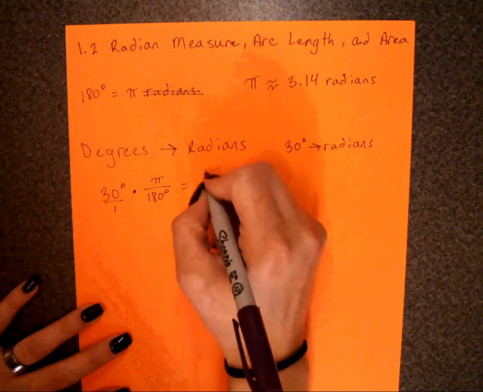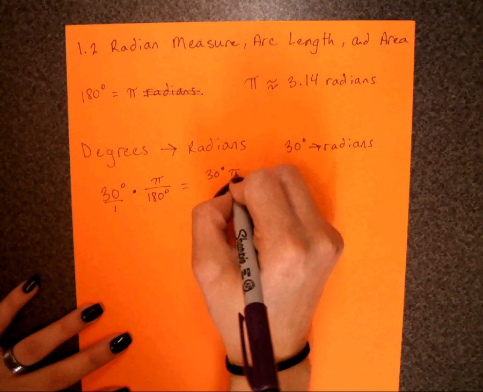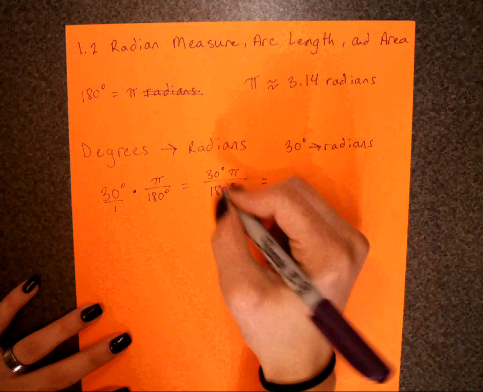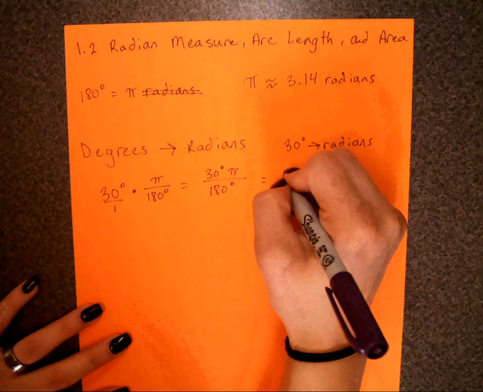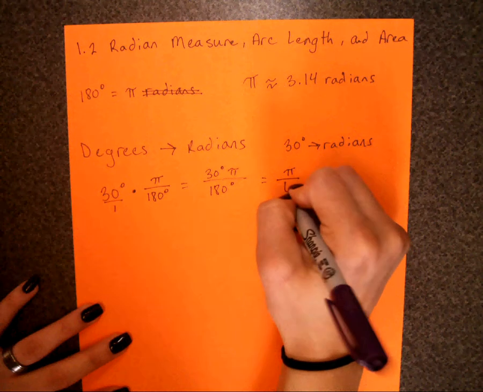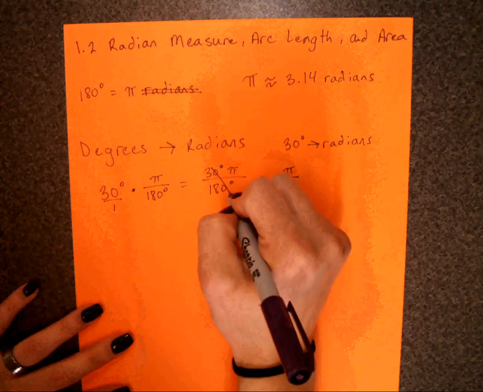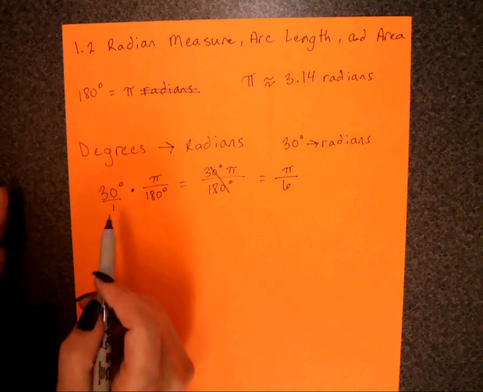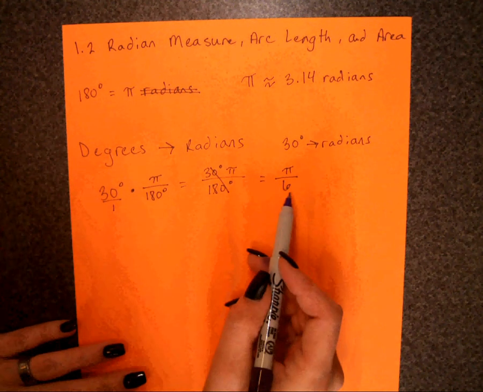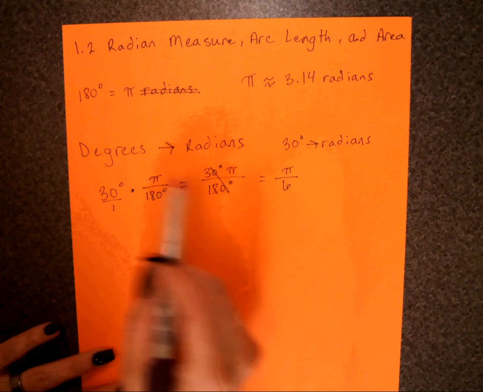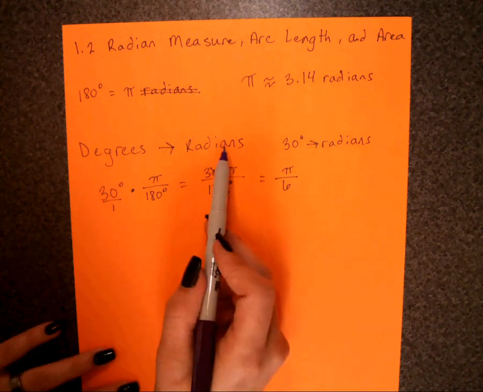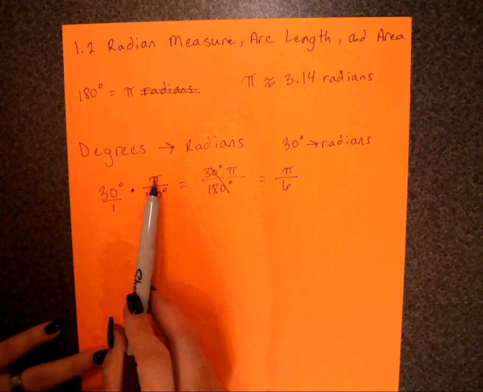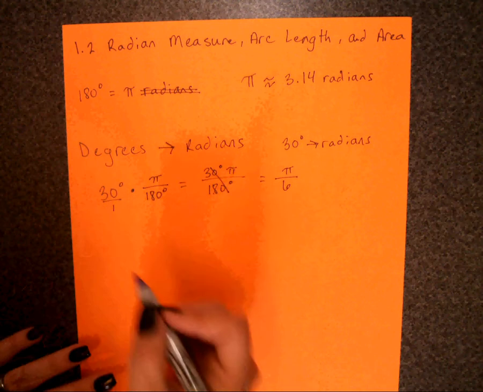I'm multiplying fractions, so straight across I get 30 degrees times pi over 180 degrees. Degrees cancel out. 30 over 180 simplifies. Pi stays on top, over 6. Zeros cancel out, 3 goes into 18 6 times, so pi over 6. So 30 degrees is equivalent to pi over 6 radians. If I'm going from degrees to radians, I multiply my original angle in degree measure times the ratio pi